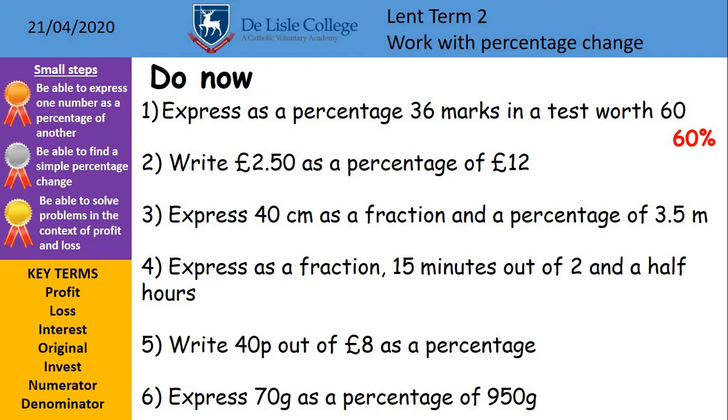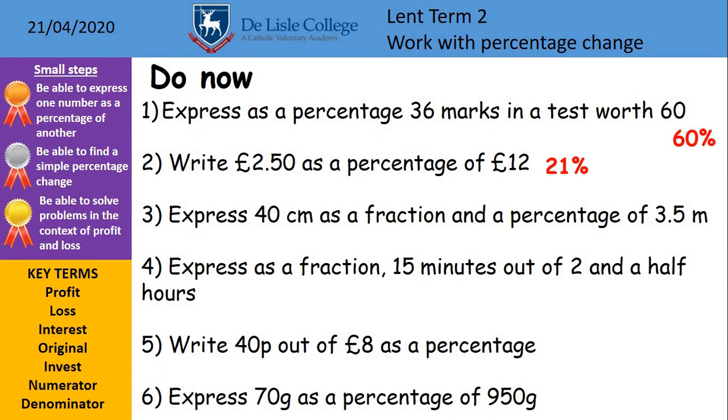Question 2, write £2.50 as a percentage of £12. Because the units are the same, you can type in 2.5 or 2.50, remember these are the same thing. And 12 is the bottom as your denominator. Remember, if you haven't got a fraction key, you can type in £2.50 divided by 12 and press the equals key. If you then multiply this by 100, you will get an answer of